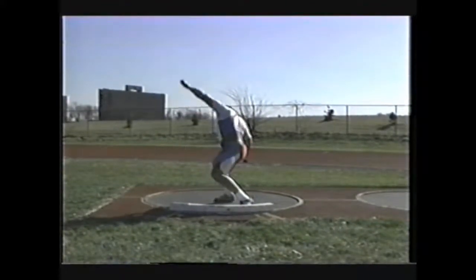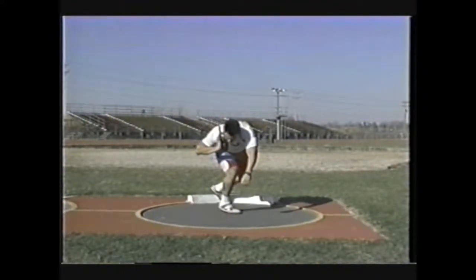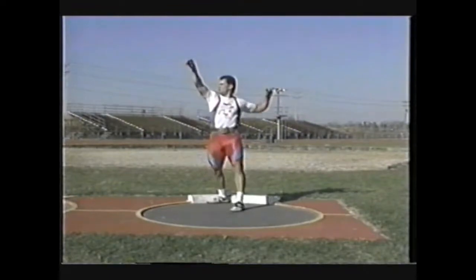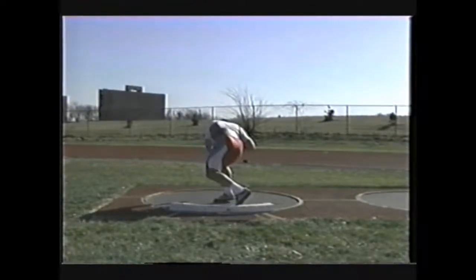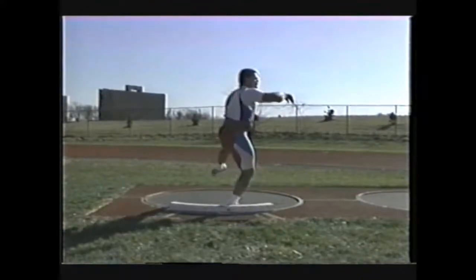The left leg starts its block while the right leg and hip swing or pivot counterclockwise and start to drive the hip by extending the right leg up and out over the toe board. It is important to keep the right shoulder well behind the right hip until you strike the throw with your arm. The strike of the right arm along with the extension of the block of the left leg becomes dominant